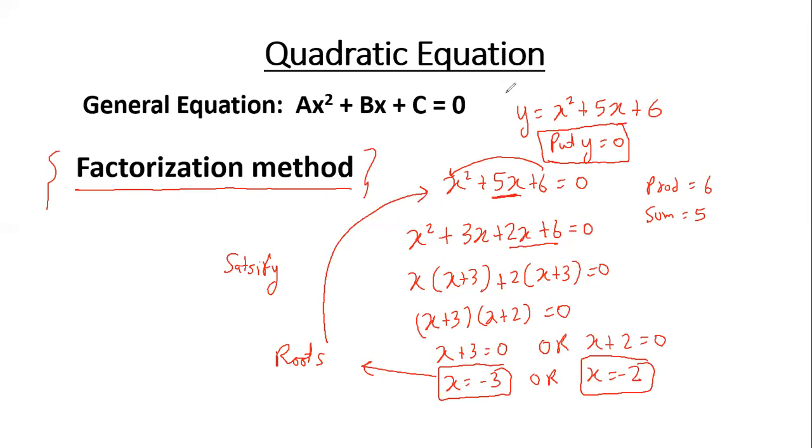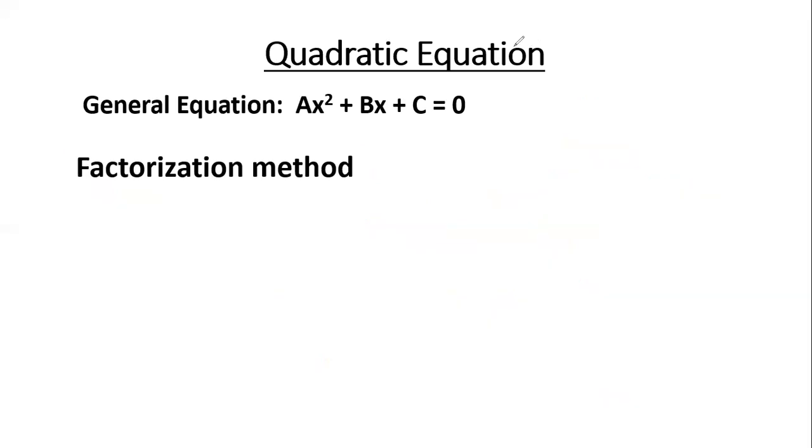So guys, let's try to take one example and try to understand the middle term splitting in a better way. This is the question which says 2x square minus 6x minus 8 is equal to 0. It's already a quadratic equation. Which of the following equations has a root in common with the above equation? So let's try to solve this equation and figure out the roots of this equation, which is 2x square minus 6x minus 8 is equal to 0.